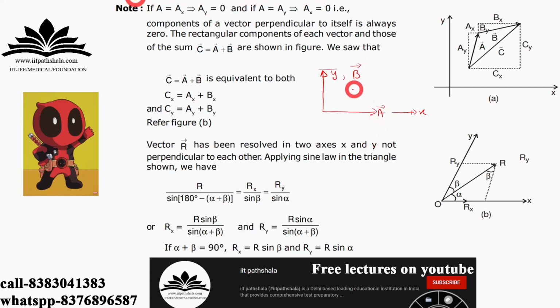Okay, the second thing to note down is, let us say that you have this r as your resultant vector and you want to resolve this r in a newly formed coordinate system, x dash and y dash, which are at angles alpha and beta respectively to this r. What you can do is use the sine law. By applying the sine law, you can simplify it and get the components ry and rx of this r vector on this x dash and y dash. This is the formula I've written over here. You can refer to it and find the value.